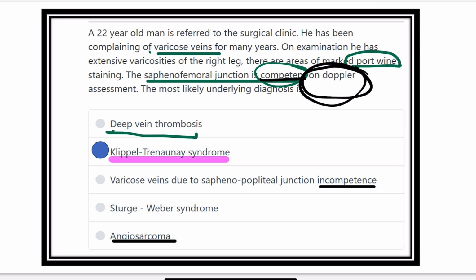The important points are, first of all, the port wine staining, second, varicose vein, then bone and soft tissue hypertrophy, and also the lymphatic malformation. These are the features of the